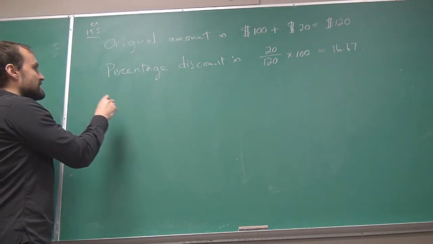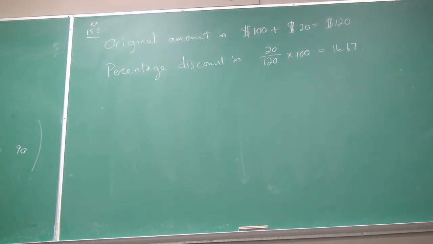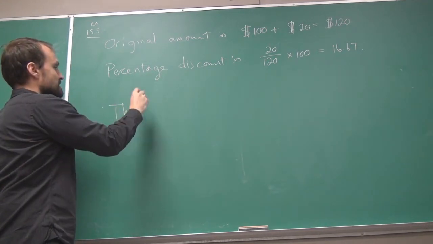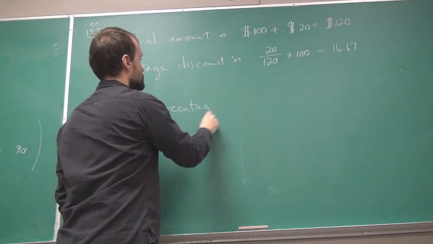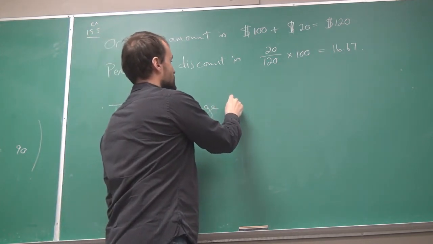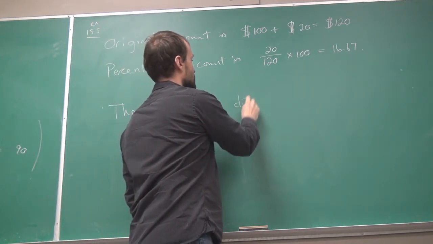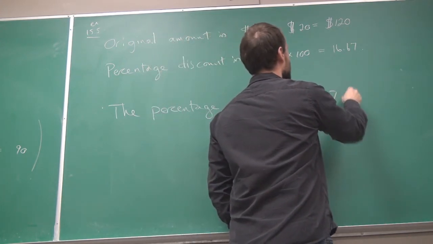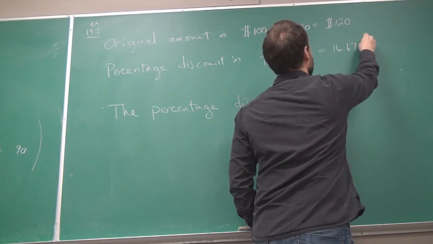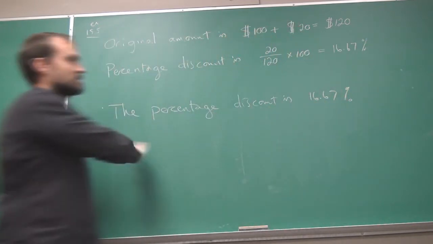My concluding sentence is going to use the words the question uses, the percentage discount, which I happen to use there as well, but a full, nice sentence. The percentage discount is 16.67, and then I say percent. You can say it here too. Just a nice, grammatically